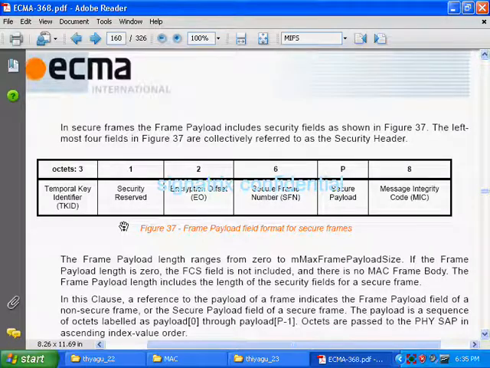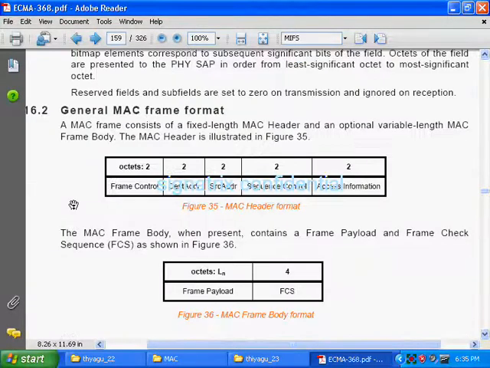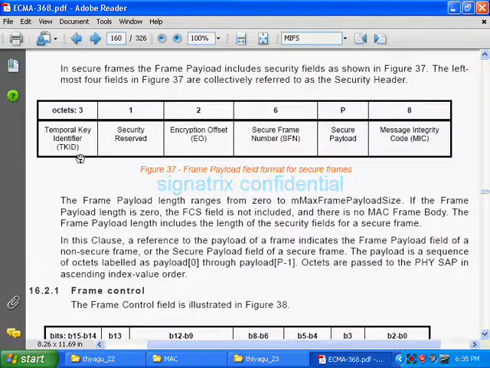What is the use of the temporal key ID? This is the tag for the temporal key. In order to do encryption and decryption, we use one session key, so this tells the tag of that key.